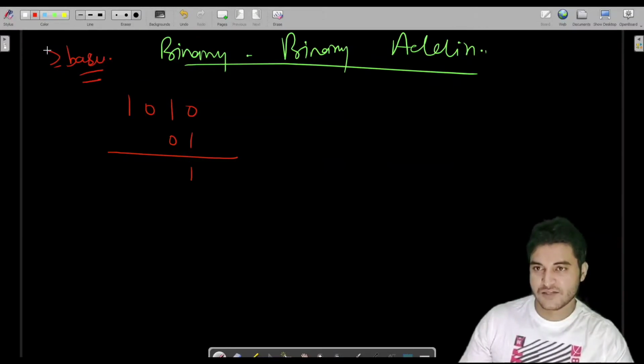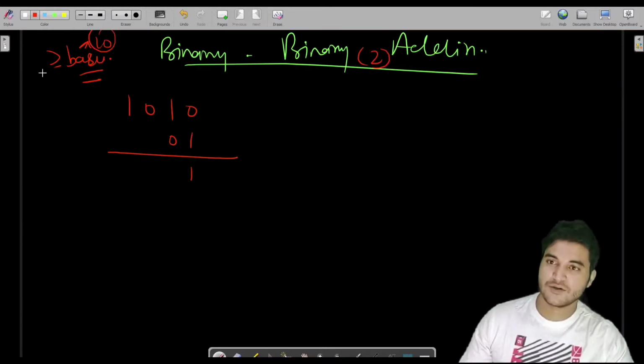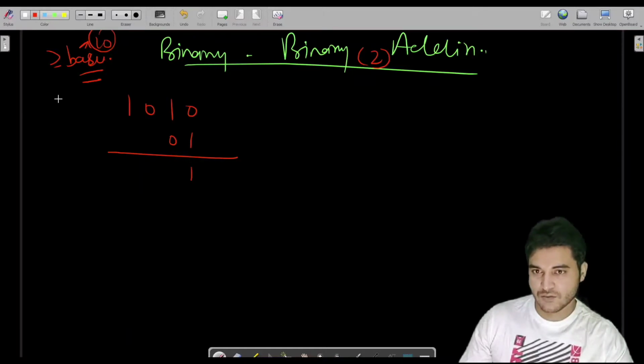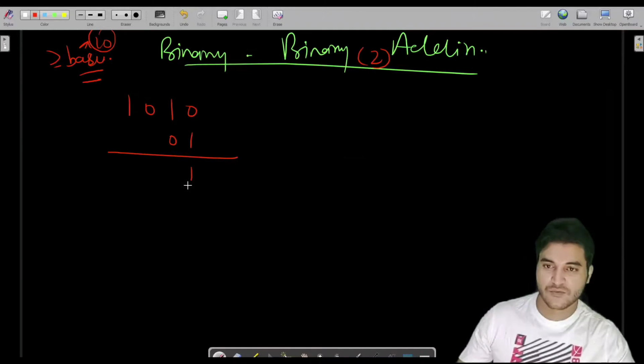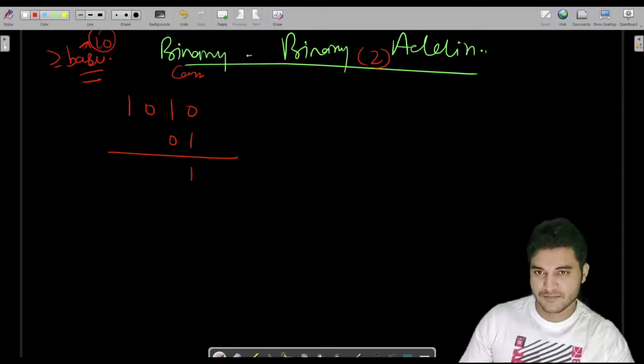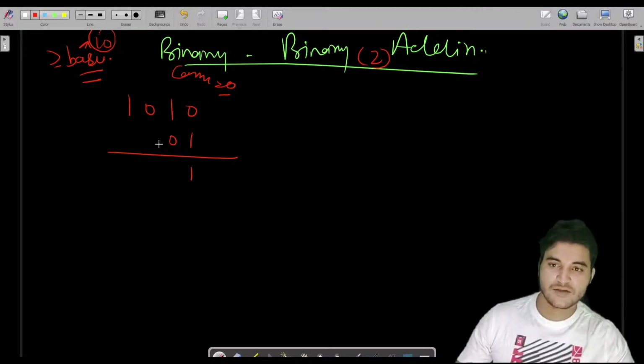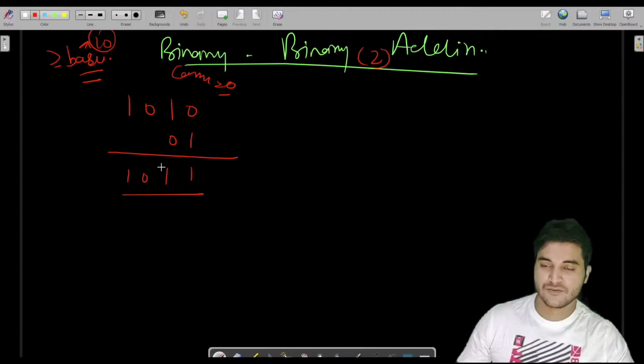Previously we had base 10, that's why we were checking with 10, and now we have base 2, which is the base for binary. So now we check with 2 whether the result is greater than or equal to 2 or not. In this case that does not happen, this 1 is less than the base, so we add 1 here, and we do not have any carry, so 1 plus 0 is 1, giving 11. Fine. So we would get this as the answer.